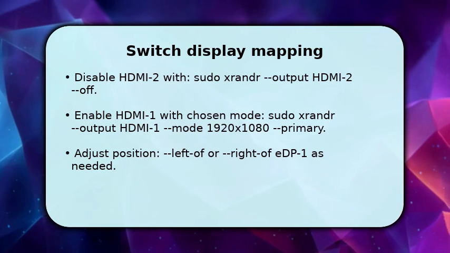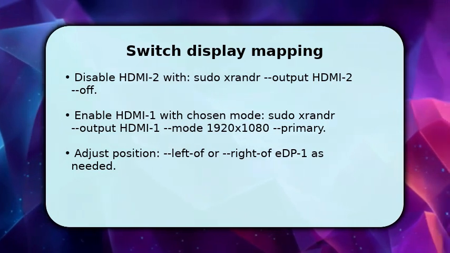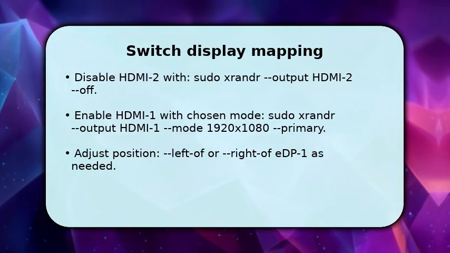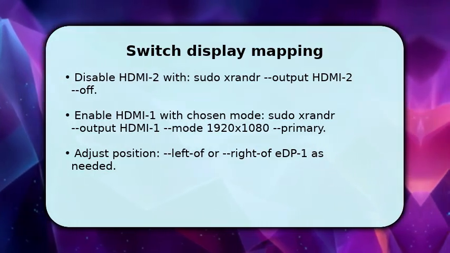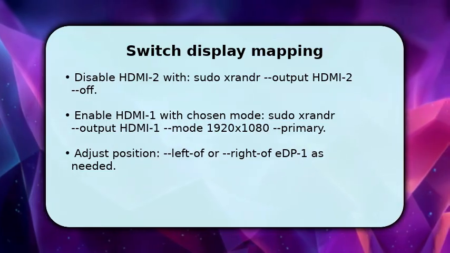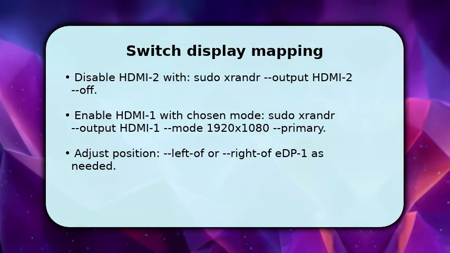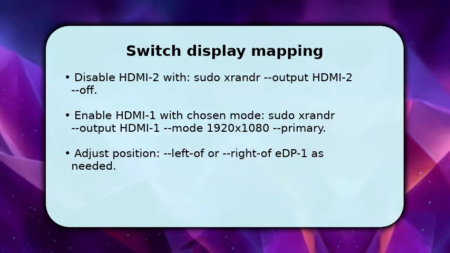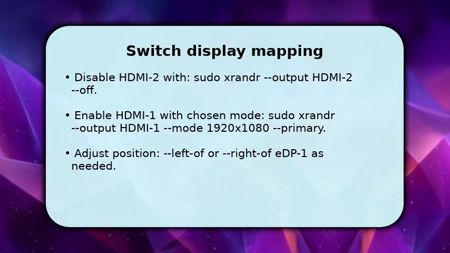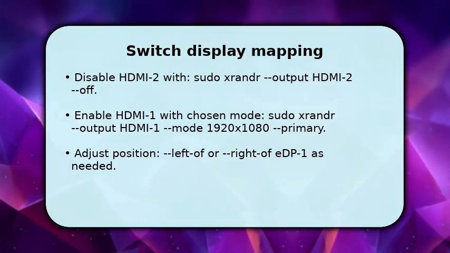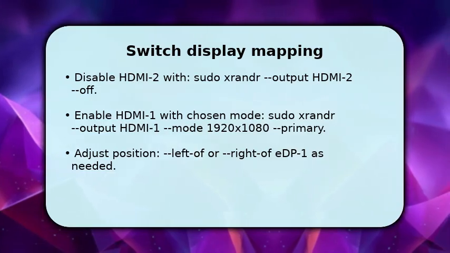Now perform the hands-on switch. First, turn off HDMI2 with the xrandr --output HDMI2 --off command to free resources. Then enable HDMI1 using --mode and add --primary to make it the main display. If you need it arranged relative to the laptop panel, add --left-of or --right-of and the internal output name. Once enabled, test windows, full screen video, and mouse travel to ensure the mapping meets your intent before making